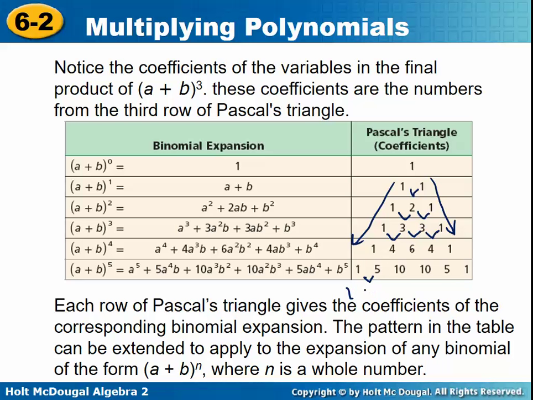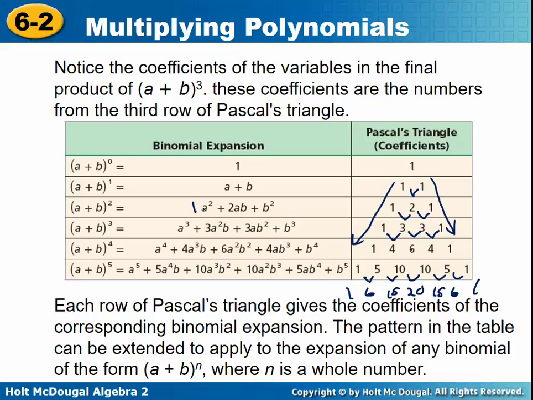1 is always on the outside, and then you would just add these together. This would be 15, this would be 20, this would be 15, this would be 6, and this would be 1. That'd be the next row. Those correspond to the binomial expansion. If you're taking a binomial and have it to an exponent,